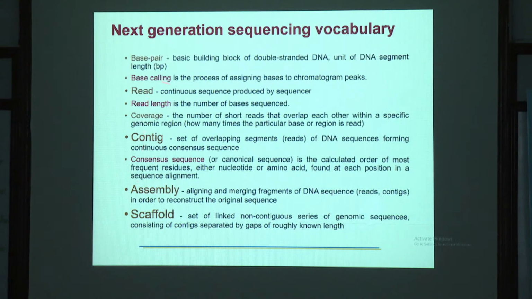Okay, then coming to the coverage: how many times a particular base or region is read. So that is the coverage. Contigs: once you get the reads, you have to align or overlap the segments of the reads, and then make the contigs, and then we assemble them and make the scaffolds, and we do downstream analysis. Okay,